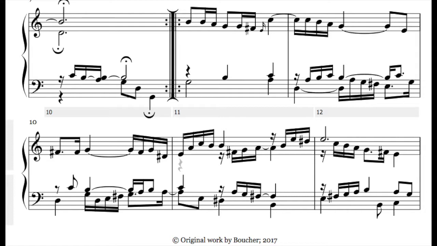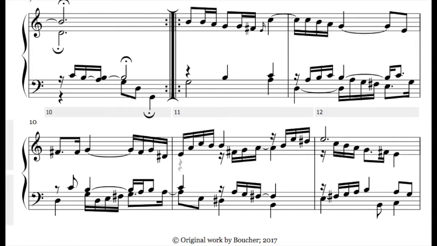So we hear it at the end of bar 6 in G major, even though it changes voices. So that's the first subject, the first section, the A section, if you will. And the second section is a little bit longer. This is very typical of a sarabande from the era.